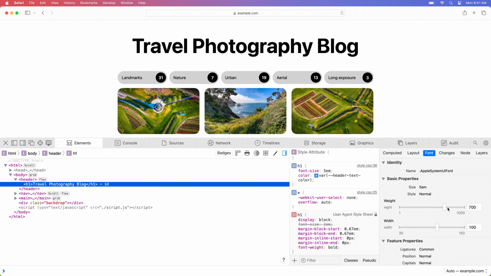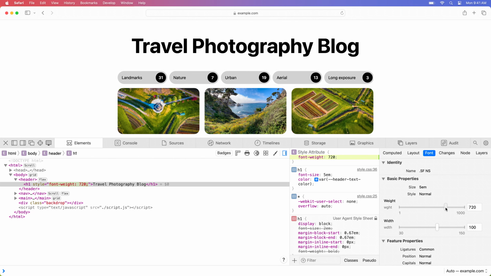I can tell because I have these controls for the available variation axes that I can play around with. For example, I can drag the slider for the weight axis. This immediately changes the font weight of the title live on the inspected page. Notice how the corresponding CSS font weight property is written to the Styles panel. A static font would have just a few font faces for weight in increments of 100. But with a variable font, I can choose any value within the range of the variation axis.